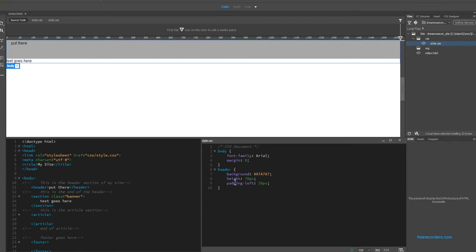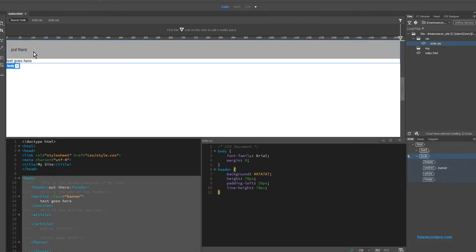Now, rather than having padding on the top and always having to do math if you ever want to adjust it, you can do something called line height. And this modifies the overall height of the line the text is placed within. An easy trick with this is you always make the line height the same height of the object if you want it to be centered. So for example, if we do 70 pixels in the line height, because we have 70 pixels height, you'll see that the text now is directly in the center